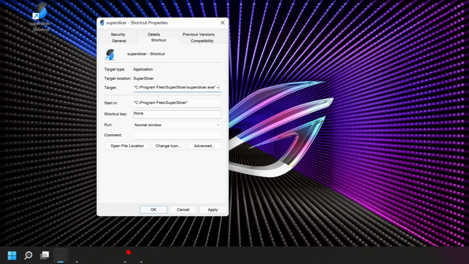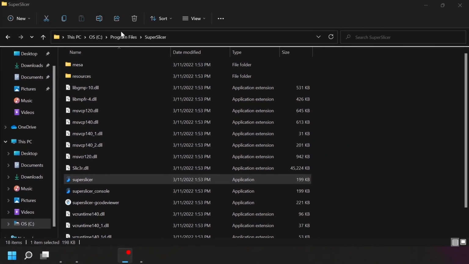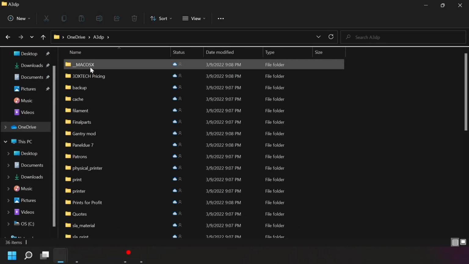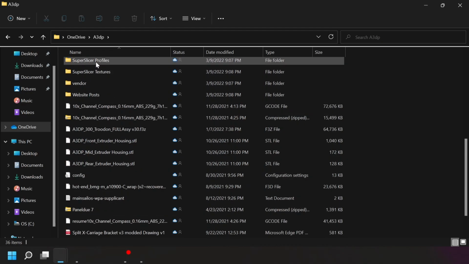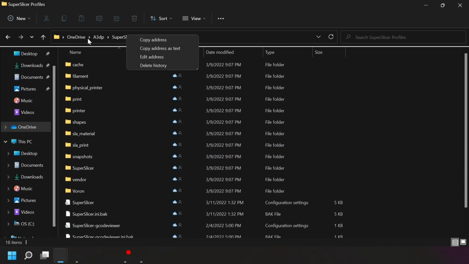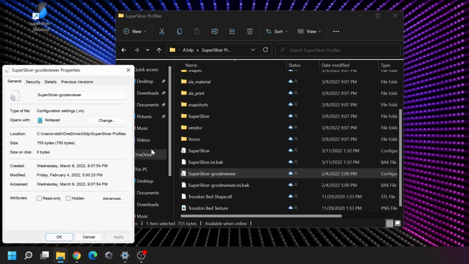hyphen data dir my OneDrive folder. So what I'm going to do is go to OneDrive, SuperSlicer profiles. So this is where my stuff is. So anything in here, you just right click and click show more options, click properties, and grab this